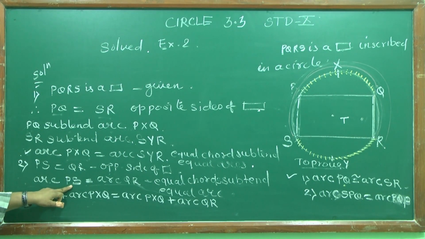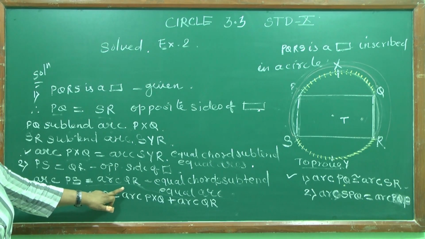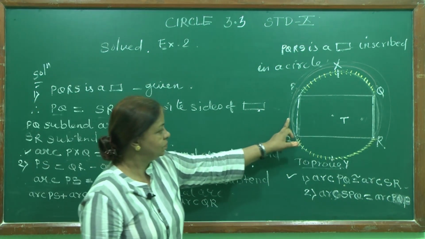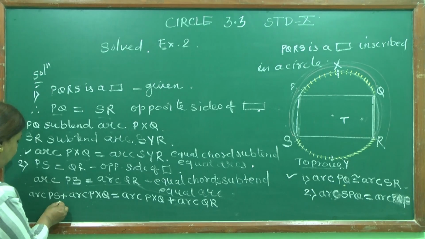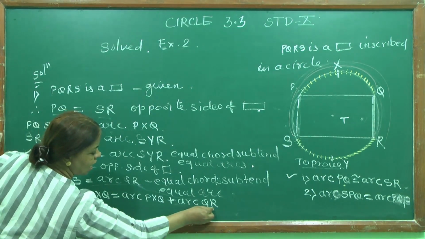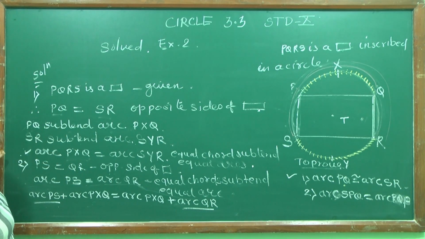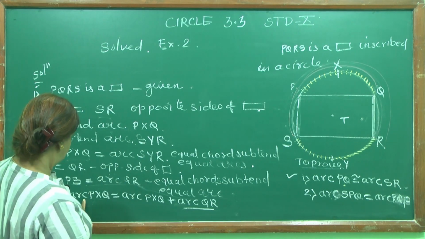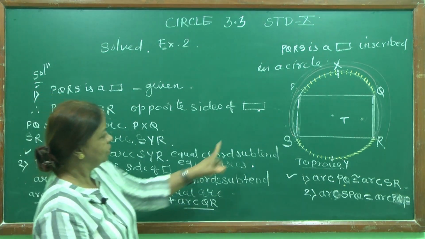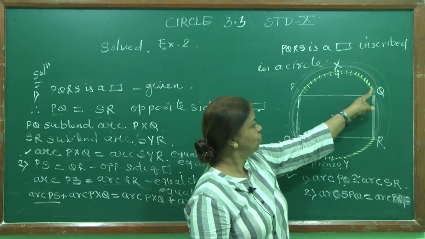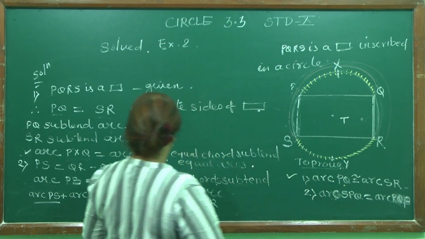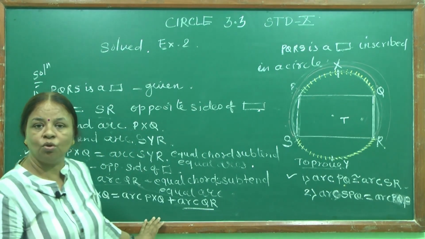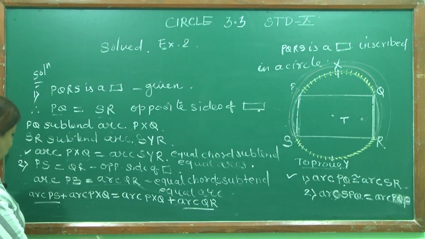See, arc PS is equal to arc QR. What I have done? I have added PXQ. See this, PXQ in both the arcs. So they will be equal because I am adding PXQ on both sides. So, therefore